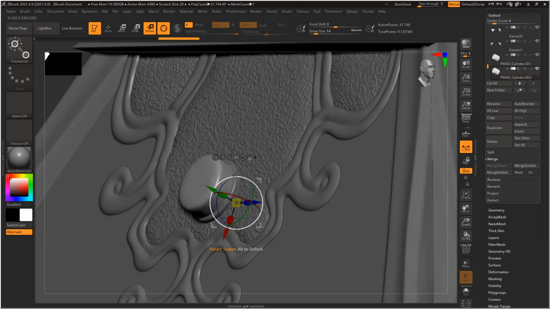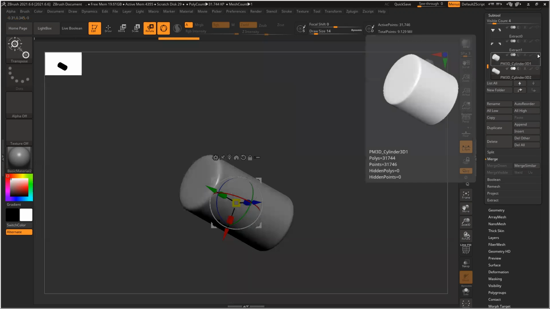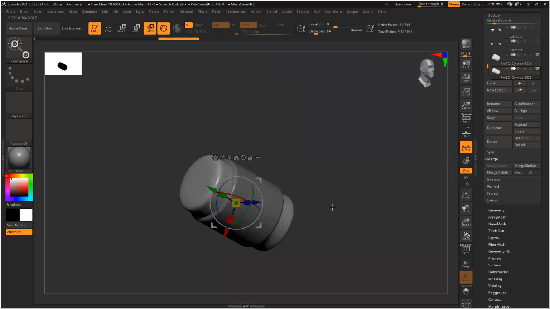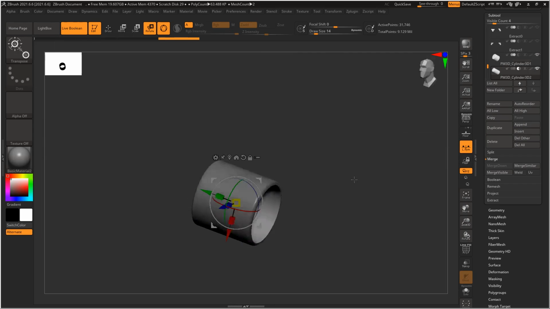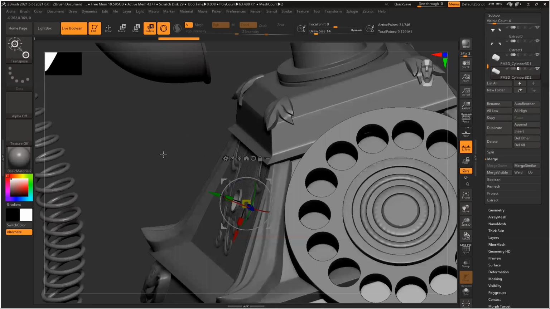So I get this thickness. Once I get this thickness, shift click on the eye and make sure only these two are visible. Rest everything is invisible. Now go and click on live boolean, and this one I want to cut. So you see, I'll create this shape. This is just a preview. So you can see, I can see it clearly.